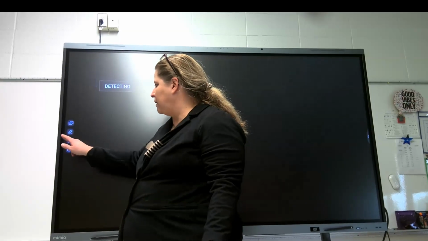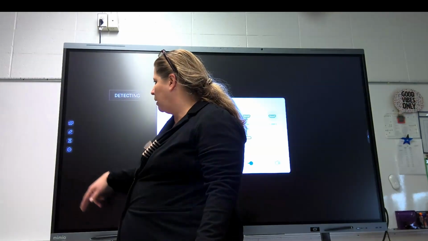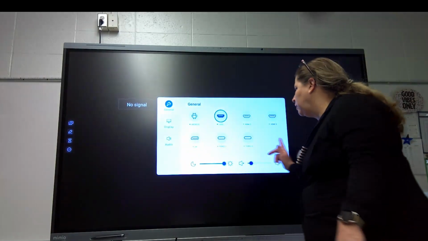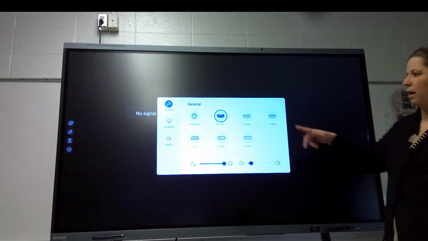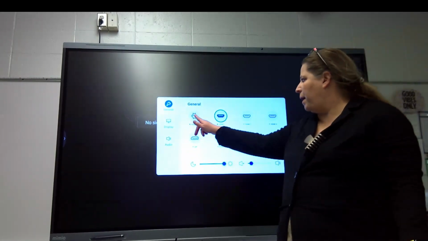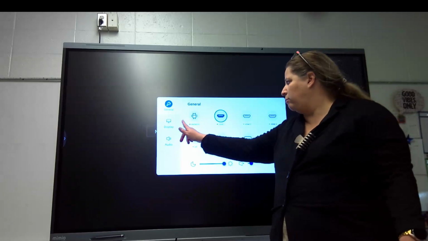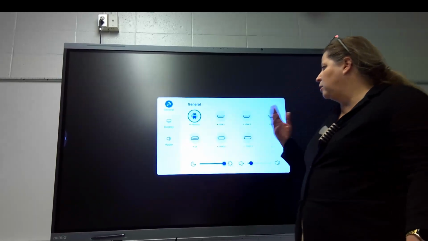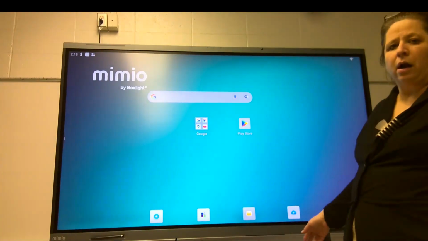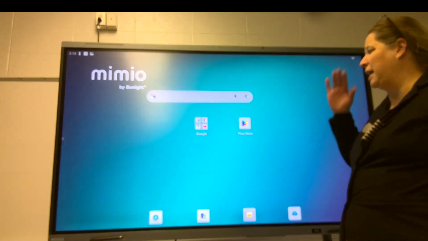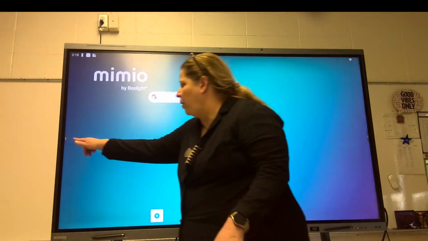On the left-hand side of these, you're gonna have these different toolbars. I'm gonna click on that. There's two little squares here, which we'll get more information on. But you can see here we have different display options. One of them is Android. That's the built-in computer. Each single one of these functions is a giant tablet as a standalone, or you could